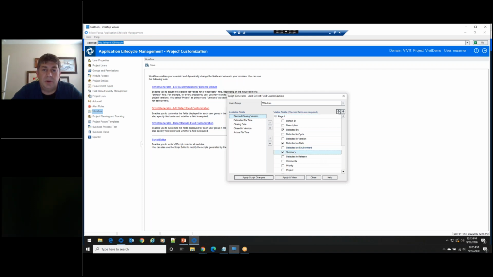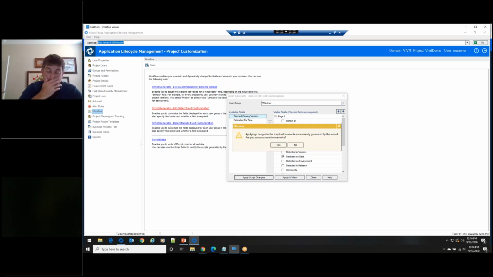But I do want summary up higher. And I want priority up higher. And I'm going to go ahead and click severity up higher. So I'm going to apply my script changes.